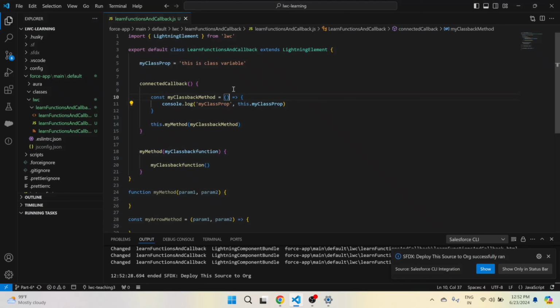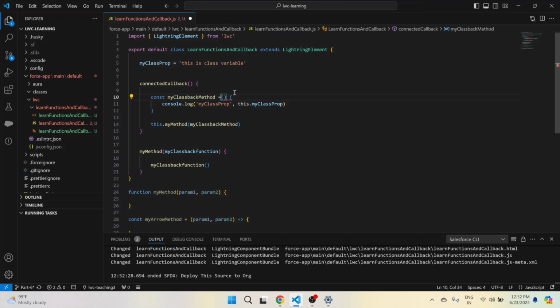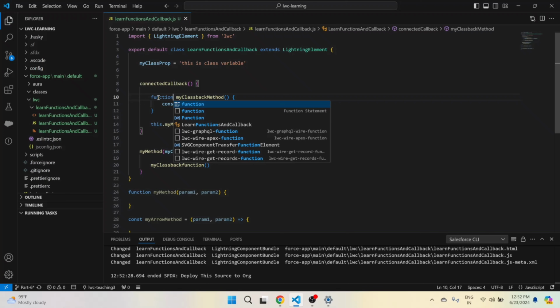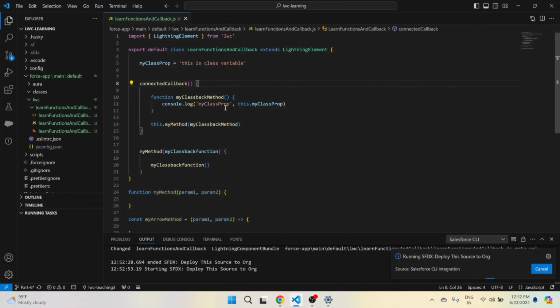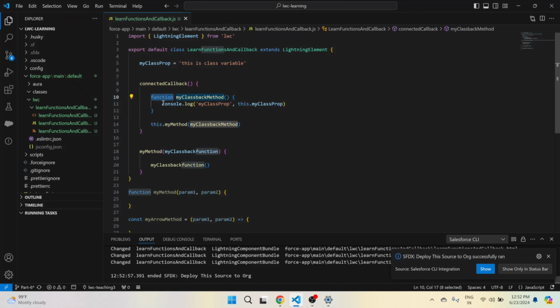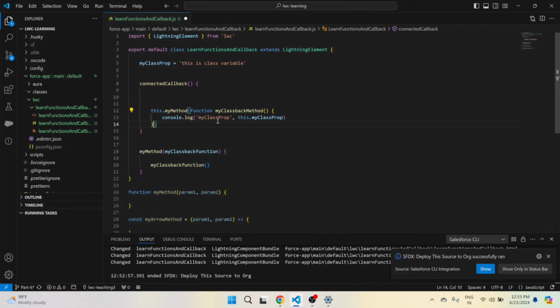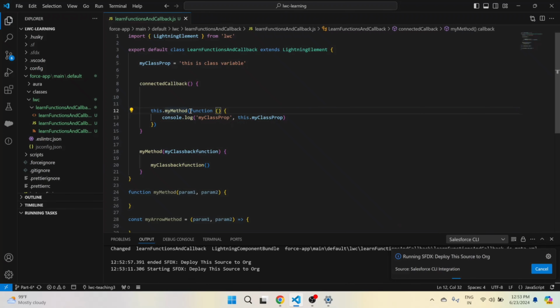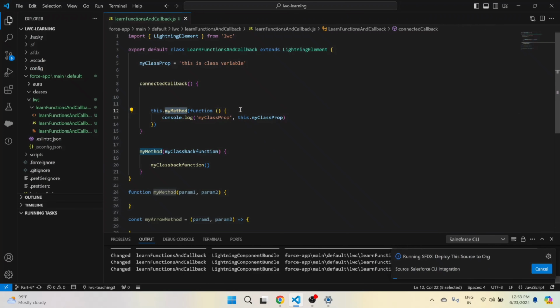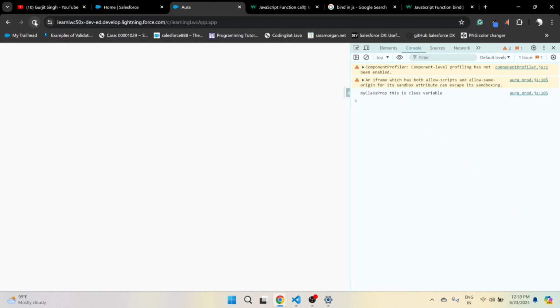Simple thing. So now what we can do is, instead of making this an arrow method, we can declare this function using the function keyword. Now let's try to do the same thing using the function keyword. Either we can have this function keyword like this, or we can just cut it from here and paste it here. I'll just get rid of the name because we are not going to use this name anywhere. Now it is an anonymous function, declared inside the parentheses of my method. So now if I reload it,